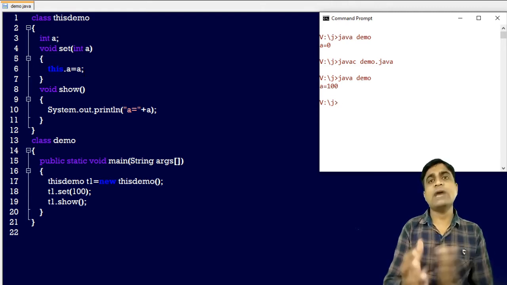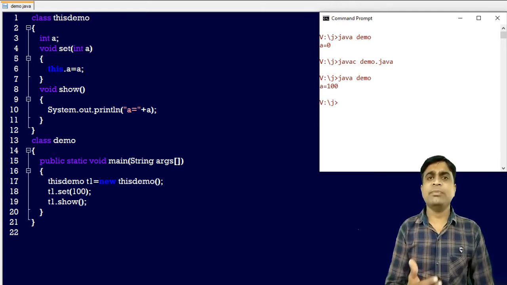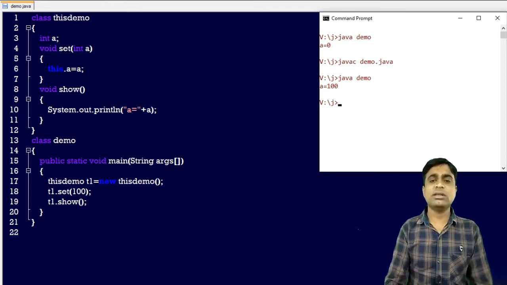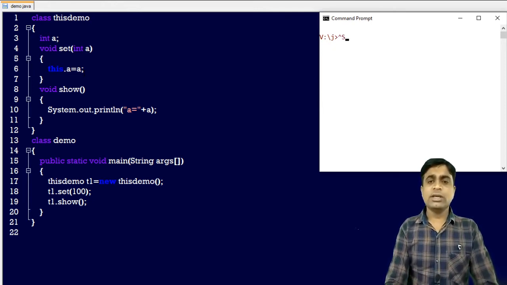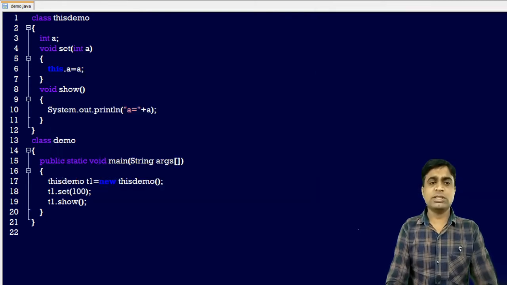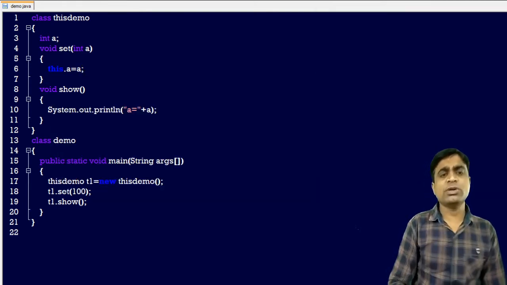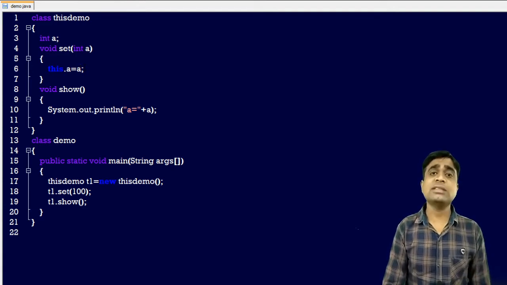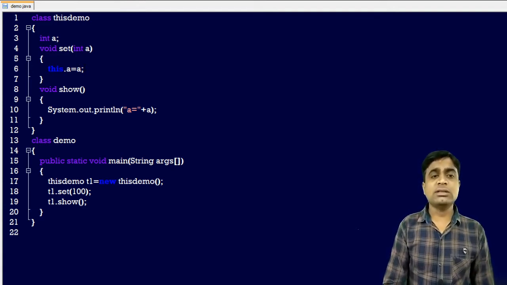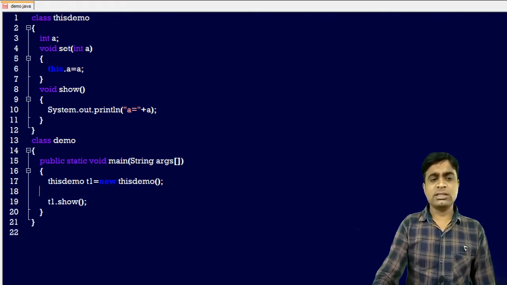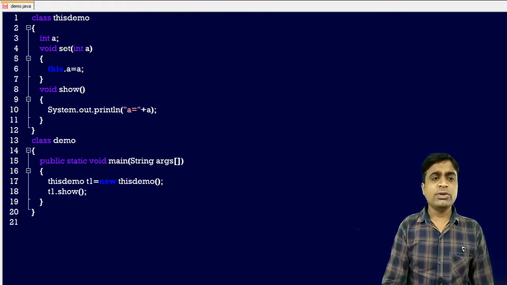So that is the use of the this keyword. Suppose you want to use the same name as the reference name. But this is not the only use of the this keyword. There are many uses of this keyword. So let's start with another one: this can also be used to call the current class instance method. Now suppose I don't want to call the set method here.